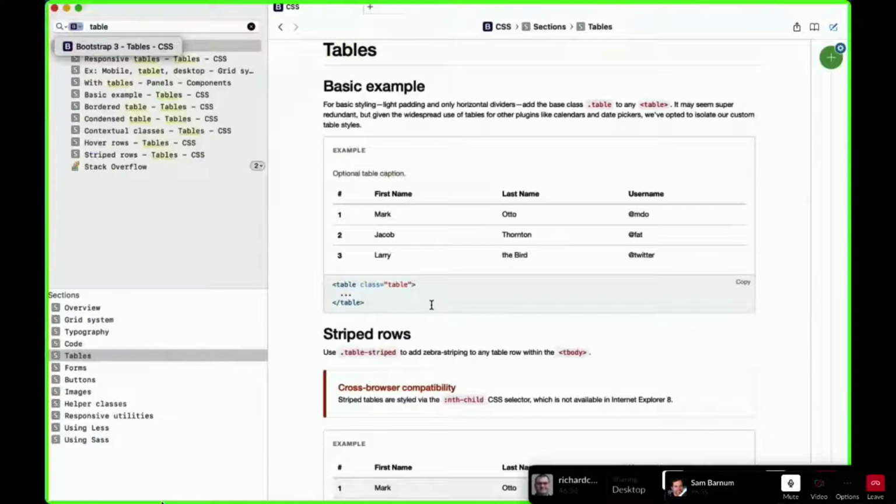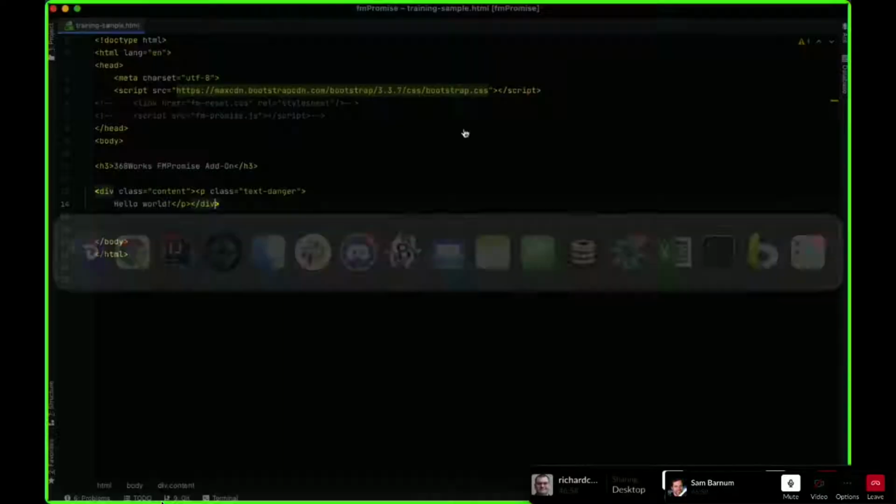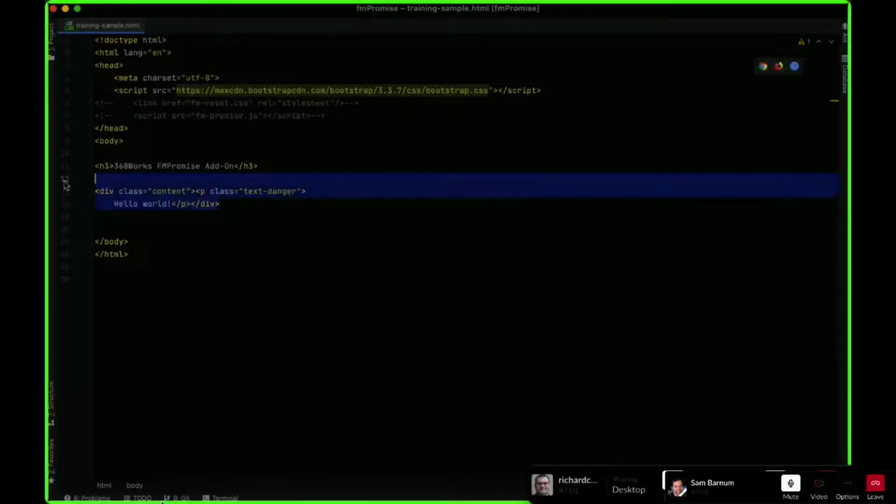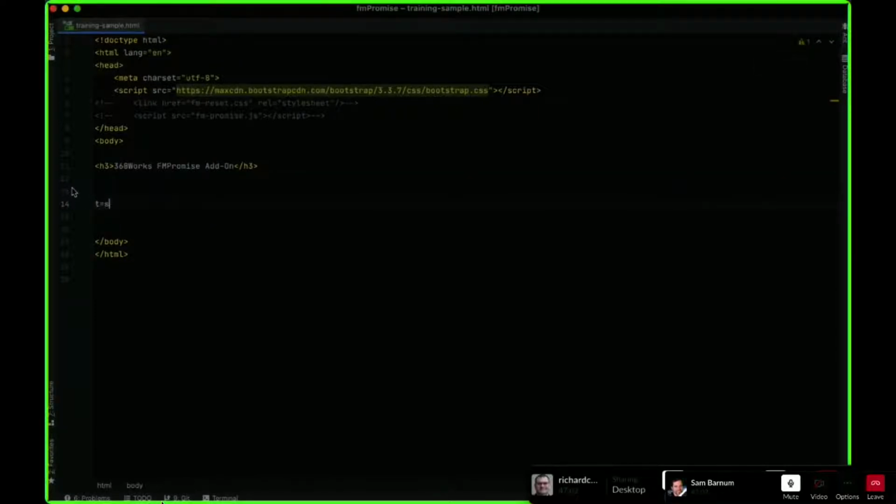All right, now we can do a table. So it does have nice looking tables. Okay.